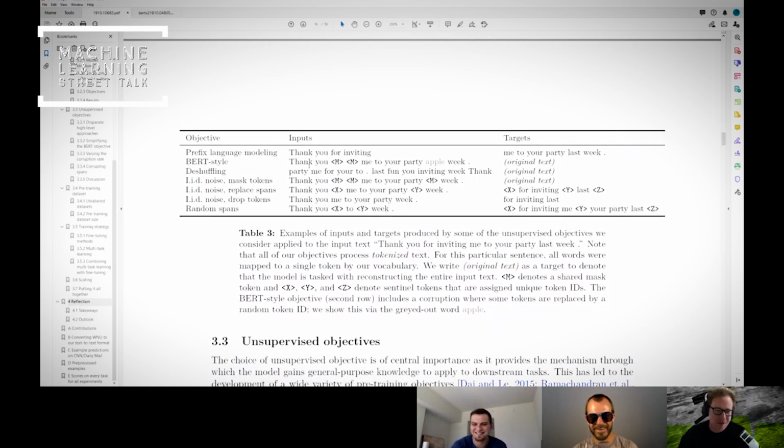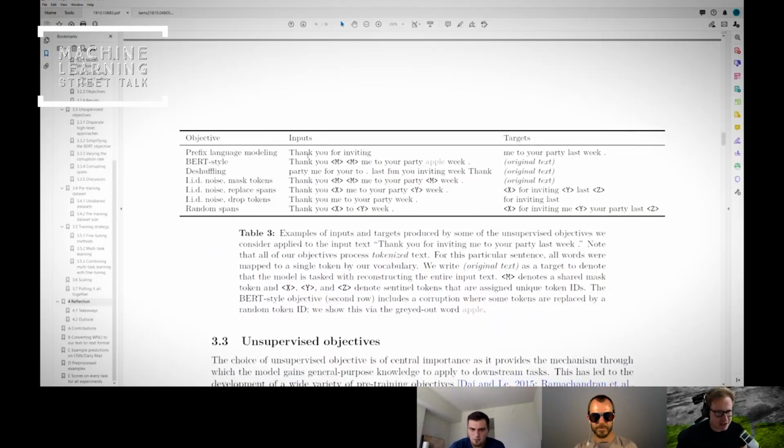Yeah, but it's fascinating just to look at the evolution here of the different pre-training objectives on the self-supervised task, and of course in the BERT-style model, it was doing something like this. So you had a random number of tokens, and then the target was the original text. So of course that's quite a large output space, and then there's deshuffling the words, which I don't think got particularly good results, and then there's this concept of masking the tokens.